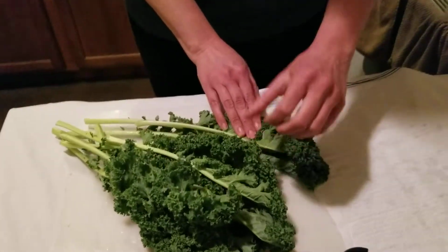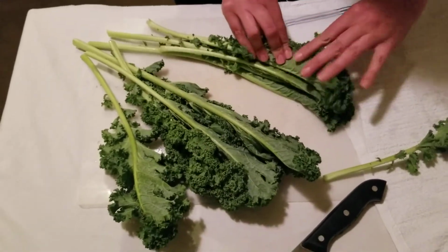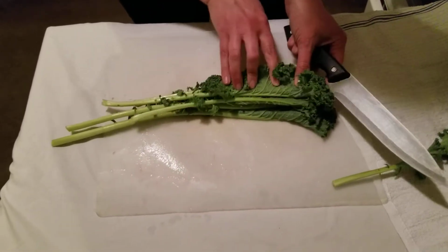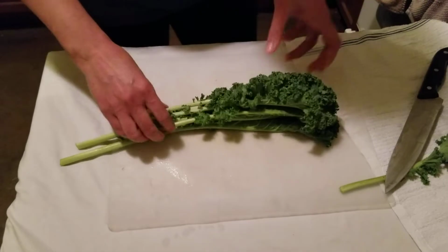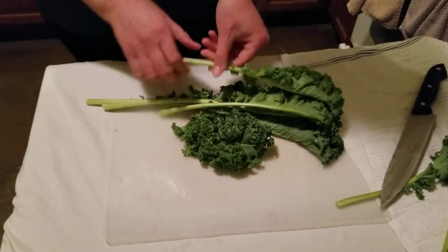I'm going to use quite a few leaves here because they cook down pretty quickly, and so you want to have quite a few leaves. And my kids like more kale than less. And so what I typically do is, because kale is pretty thick, I can take off